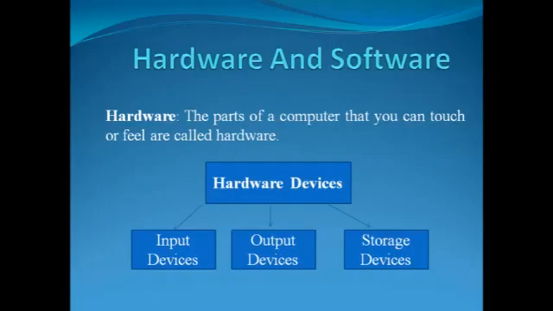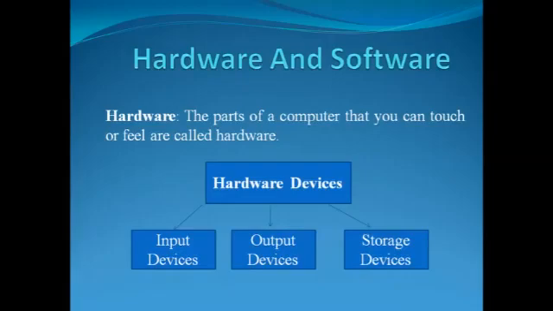A human body consists of different parts. The outer parts of a body are visible, but the parts like brain, lungs, etc., which are inside our body cannot be seen. Similarly, in a computer, we can see the parts of the hardware that are outside, like monitor and keyboard, which are attached to the CPU by some cables.